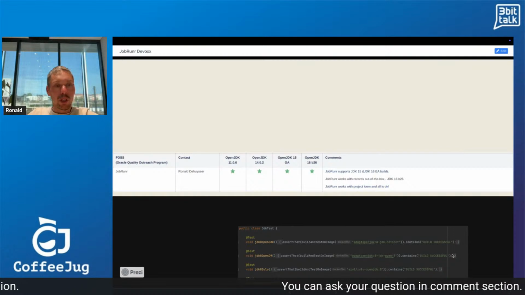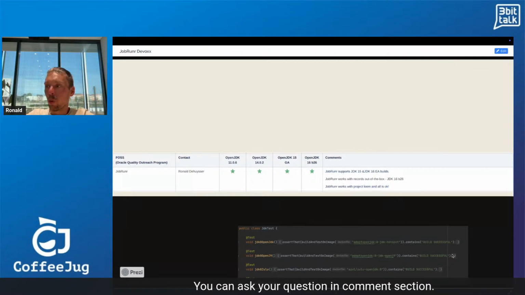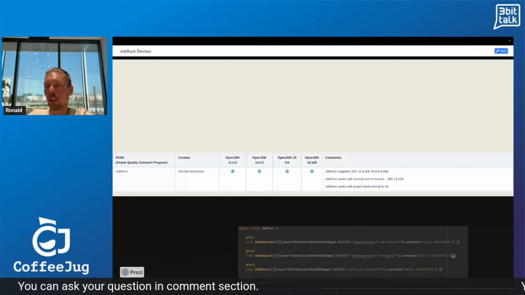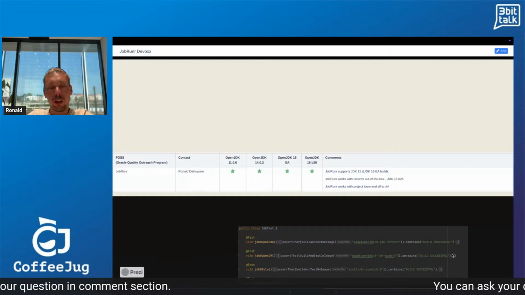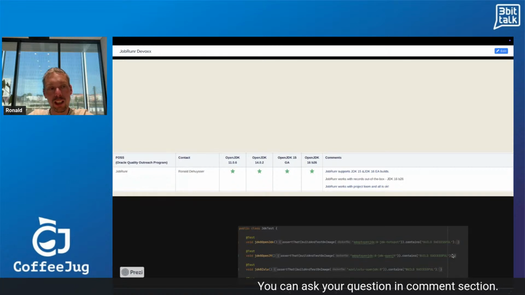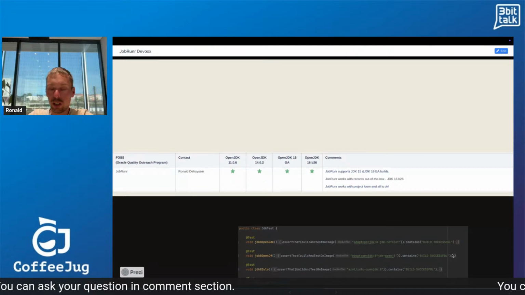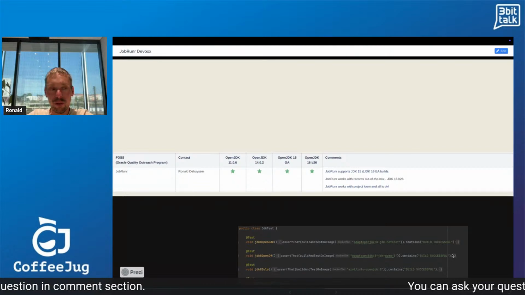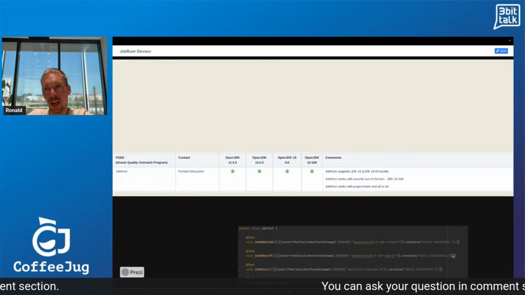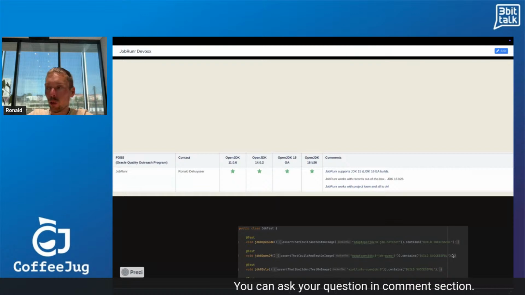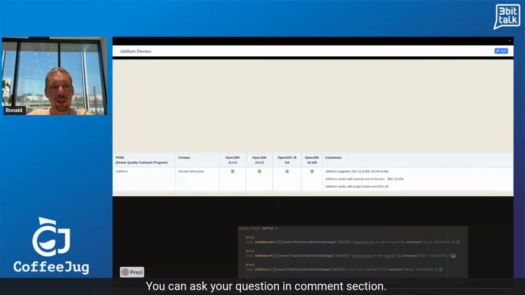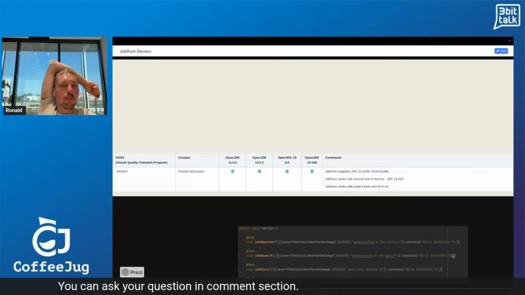Then, because I wrote a blog post about how I test JobRunner on all the different JVMs, Oracle reached out, and they are, of course, maintaining Java these days. And I think they do a really nice job. They said, hey, we saw that you're doing funky stuff with Java and bytecode. Do you want to participate in the quality outreach program? What does that mean?